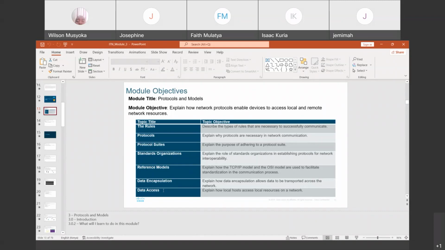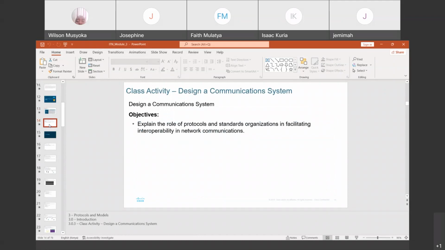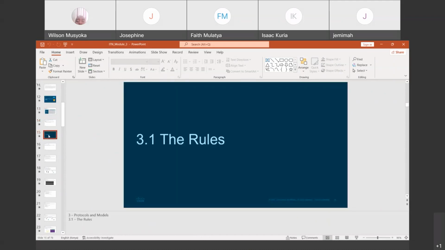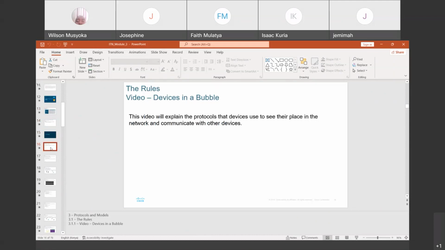This is very important because it is the one talking about the physical layer. So the first thing we need to understand is how protocols are going to help us in facilitating interoperability, and this we start with the rules.